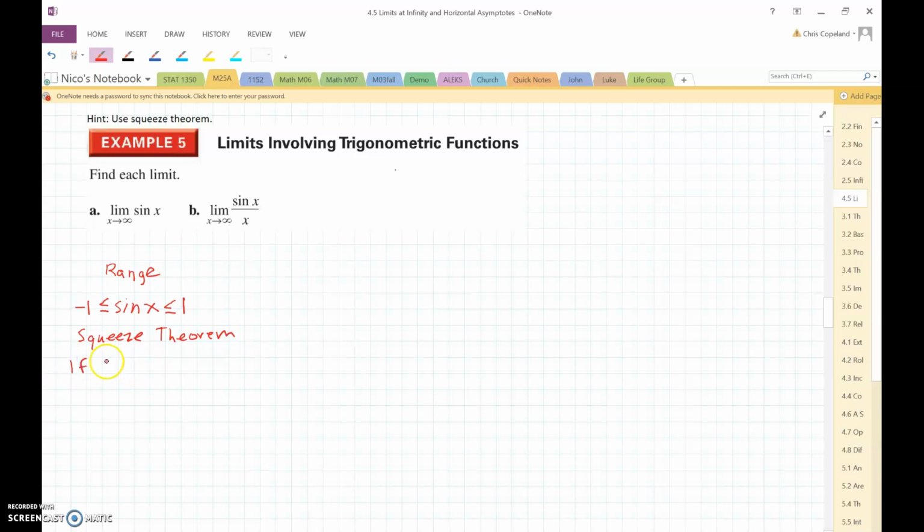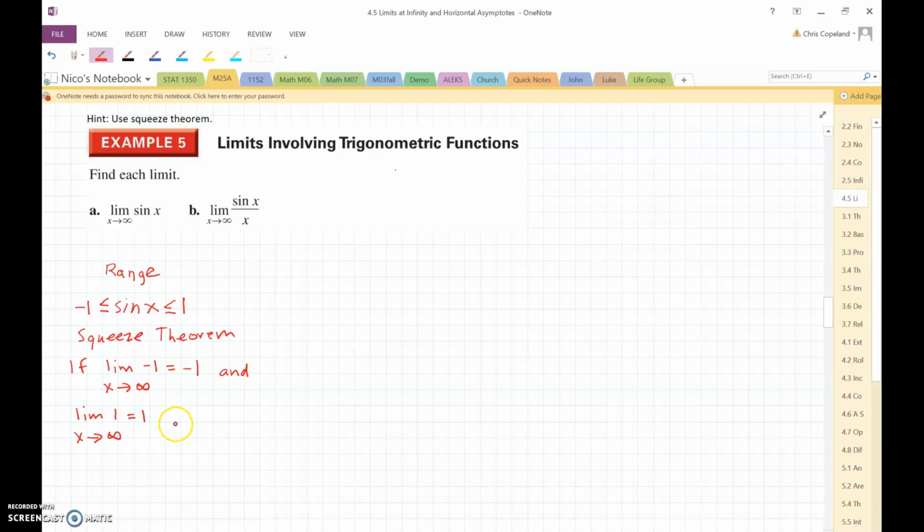If the limit of -1 as x approaches infinity is equal to -1, and the limit of 1 as x approaches infinity is equal to 1,